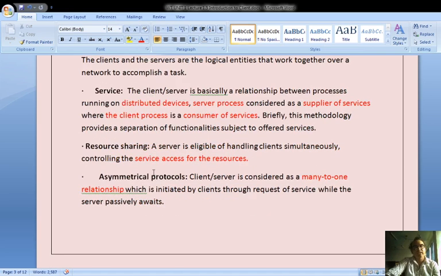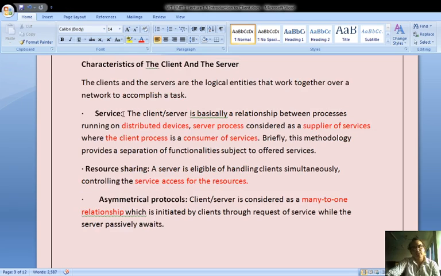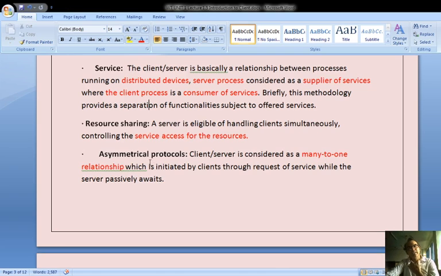This is the service characteristic of the client server computing model. It helps us run on the distributed devices and process the different server processes, which supply the services, while the client process is a consumer of the services. Now let's move ahead.